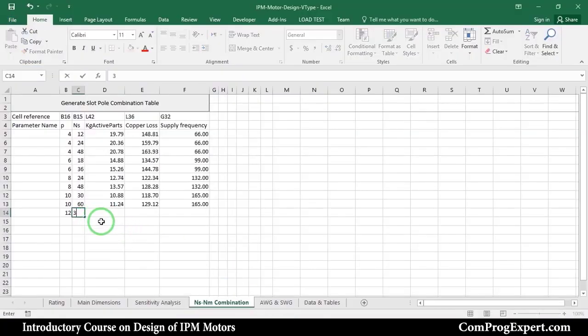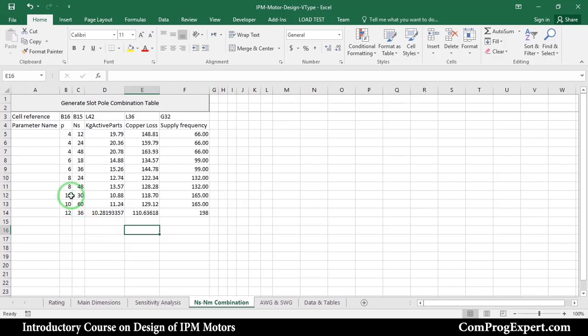So I fill in 36 here. I want to add and compare the designed motor for this slot pole combination. If I press okay,